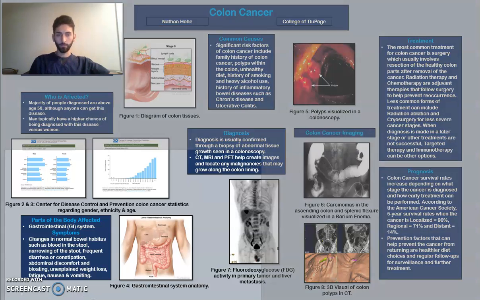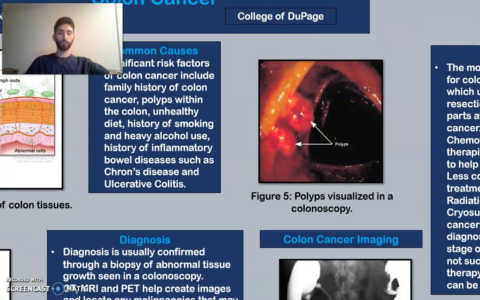You can see in this image, this is actually a polyp that was visualized during a colonoscopy. These are pretty small, and they can typically range to be this size or a lot bigger, and it's key to note that the bigger the polyp is, the better chance it has of being cancerous, but when they get bigger, it can pretty much obstruct your entire colon passageway, and that's when you're going to start seeing those symptoms